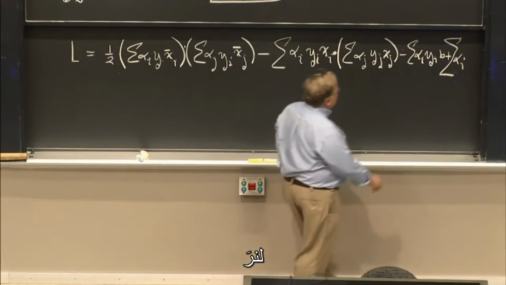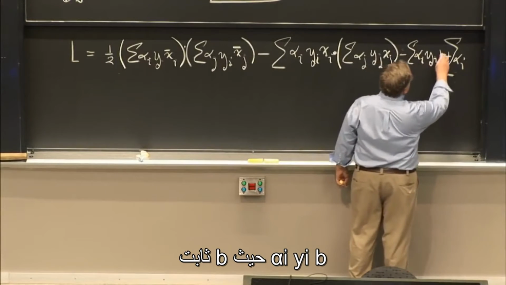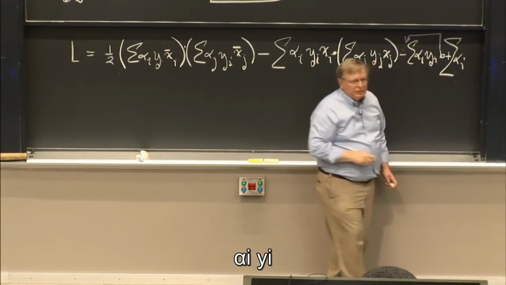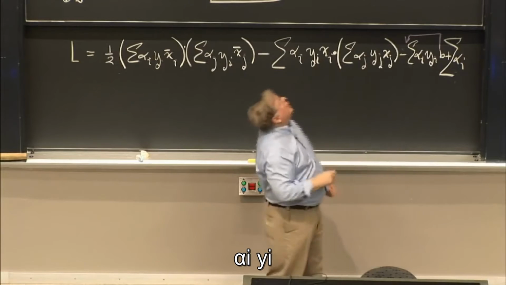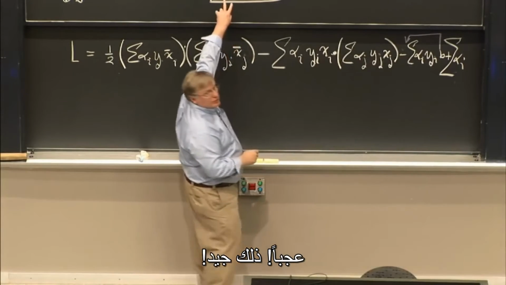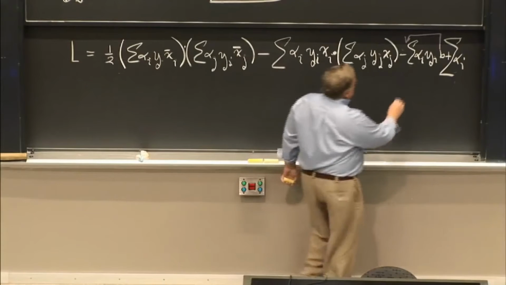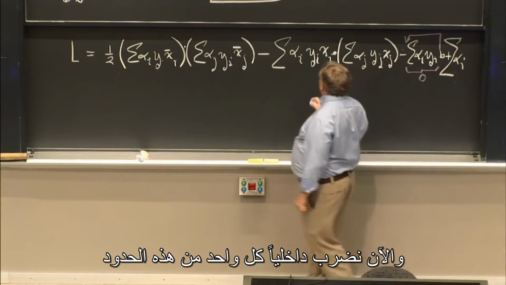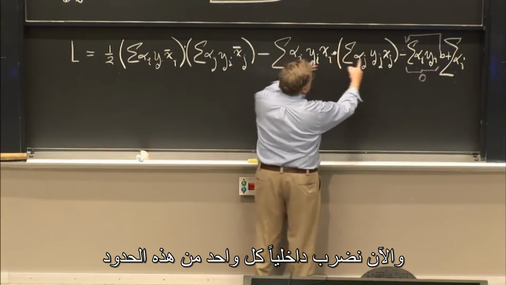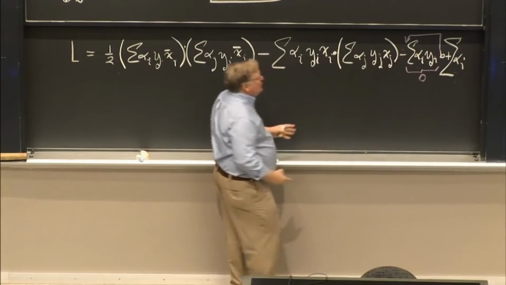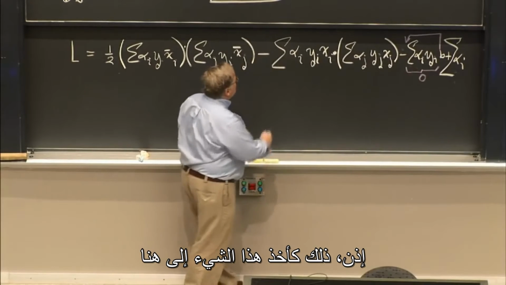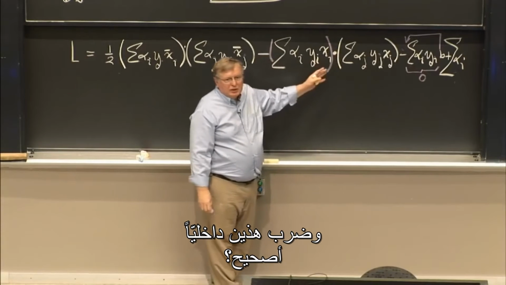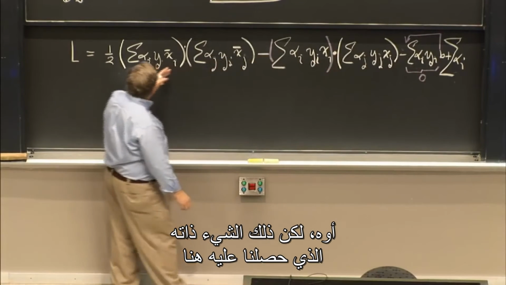Let's see. Alpha I times y sub I times b. B is a constant, so we'll pull that out, and then I just got the sum of alpha sub I times y sub I. Oh, that's good. That's 0. And now, for every one of these terms, we dot it with this whole expression. So that's just like taking this thing here and dotting those two things together, right? Oh, but that's just the same thing we've got here,